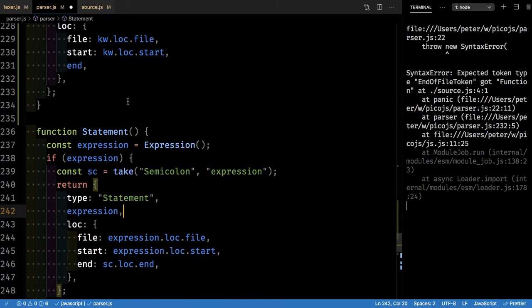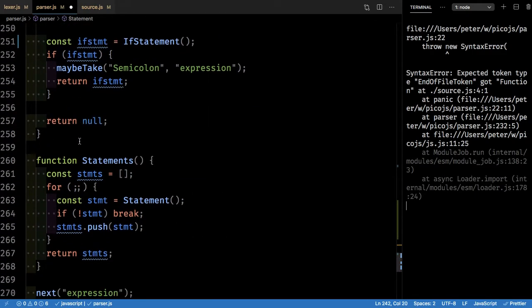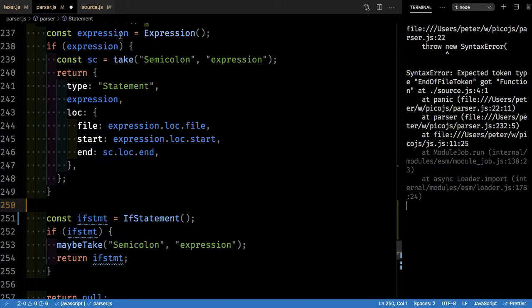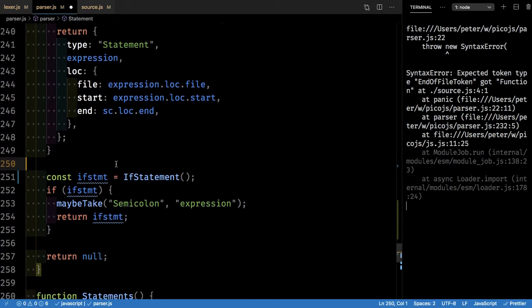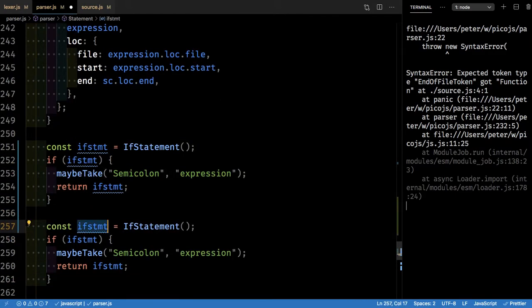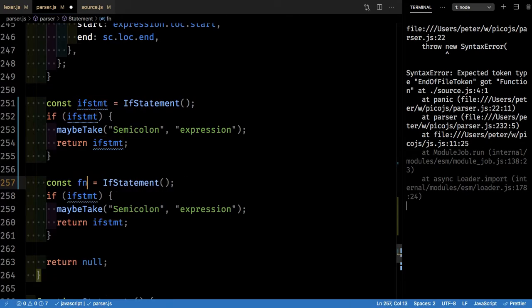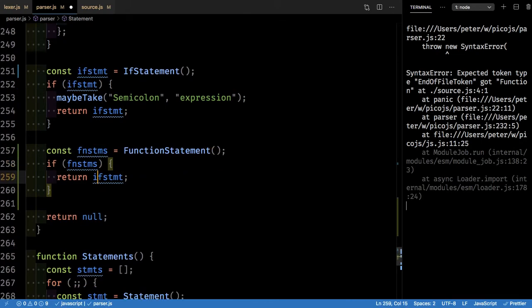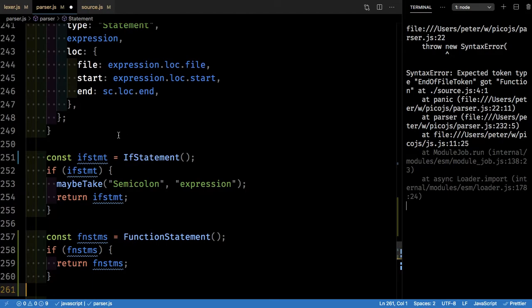So we have a more dynamic statement, if statement, and so a statement can be something like this, or something like that, or in our case, maybe it's a function statement. If yes, then we just return it. I think that should be it. Will it? So yeah, we have an if statement, so we have here a fork